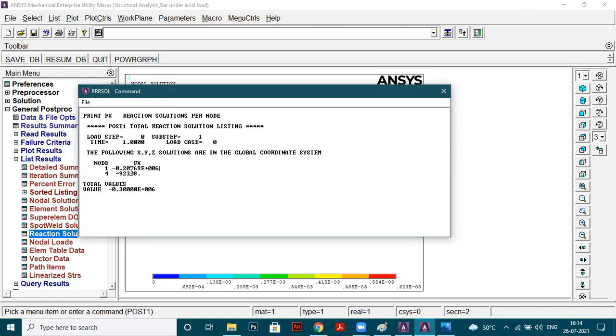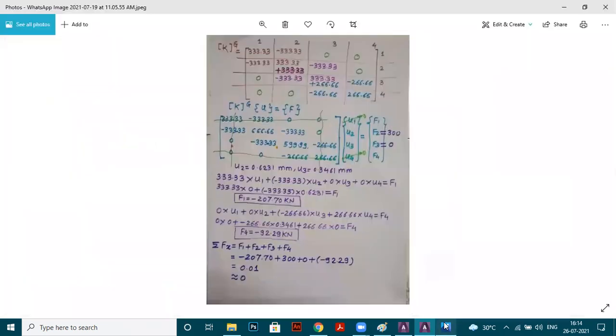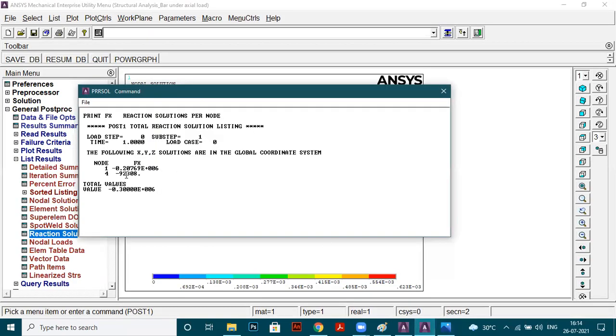That means 207.69 into 10 raised to power 3, and it is kilonewton. Same value. Then this value, minus 92.29 kilonewton. You can check these values.